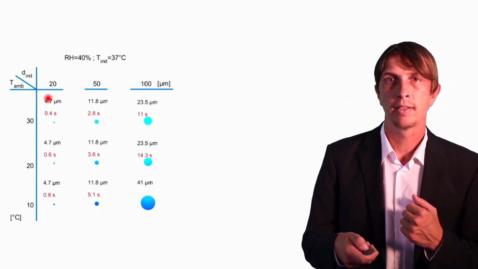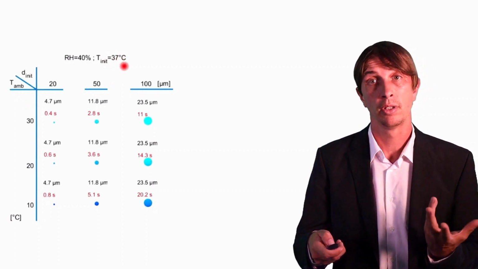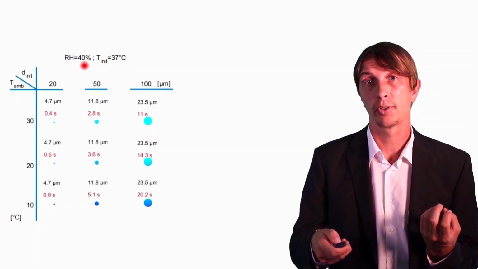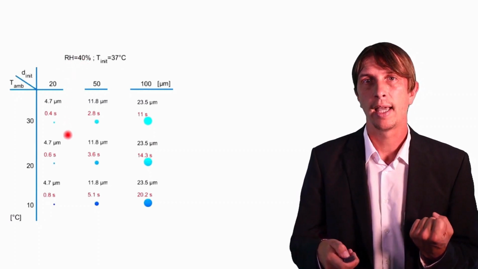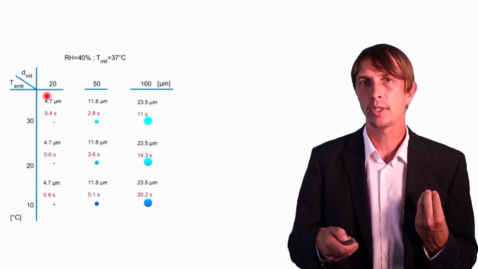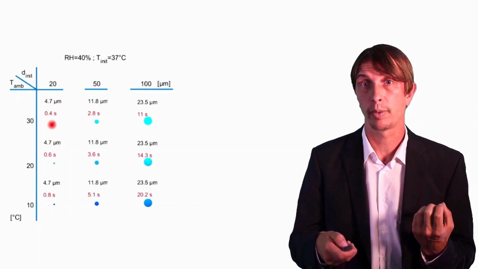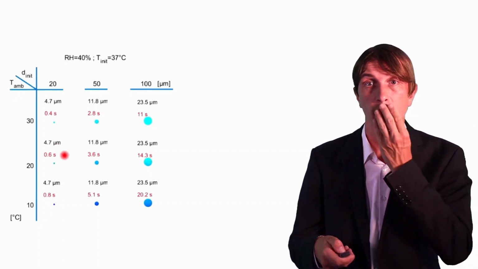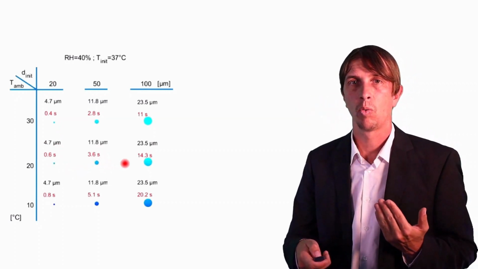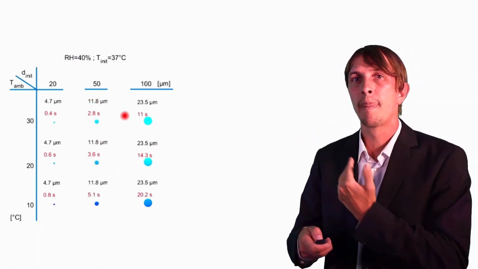In this case, we assume an initial temperature of the saliva at 37 degrees, while the relative humidity of the air is 40%, so it's pretty dry. And we can see that at 20 degrees, in 0.6 seconds, a 20 micron droplet becomes 4.7 microns, so it becomes an aerosol extremely fast. The 20 micron droplet comes out of the mouth directly, while the 50 microns will take 3.6 seconds, and the 100 will take